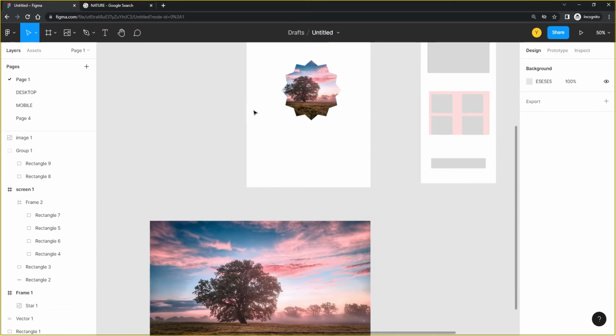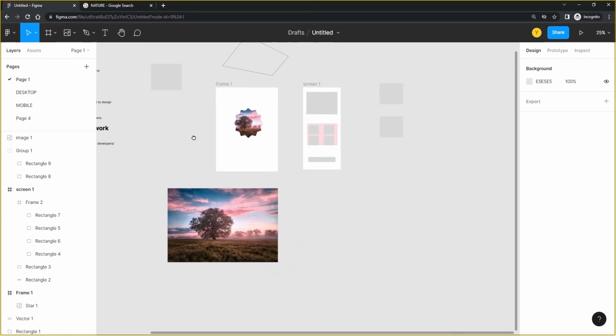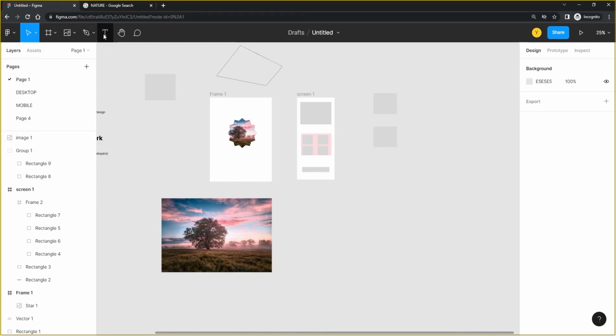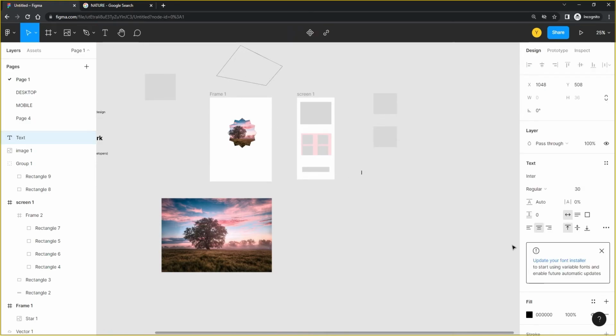And again, I'm not going into too much functionality, just giving you a heads up on what you can do. Anyway, the text is pretty straightforward. Click and then you can just write text or